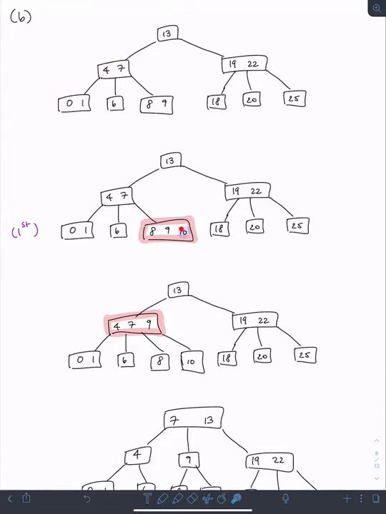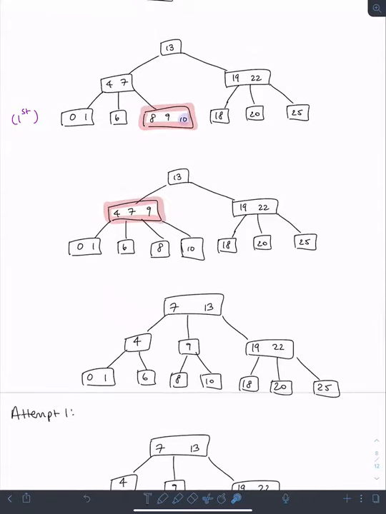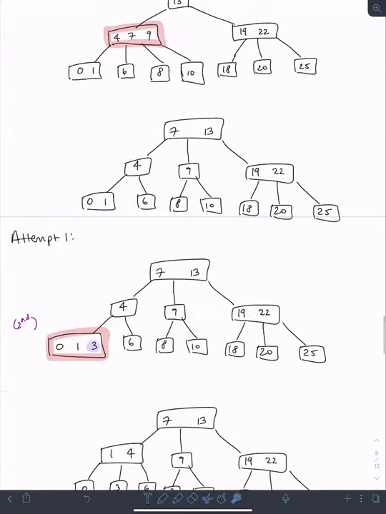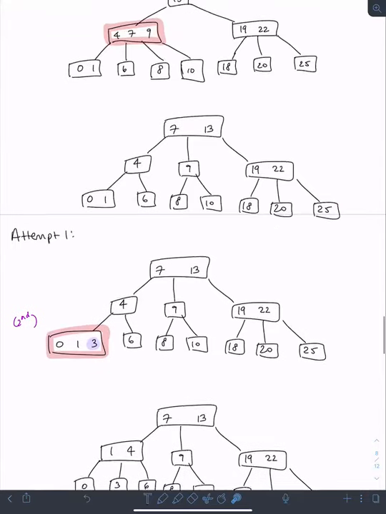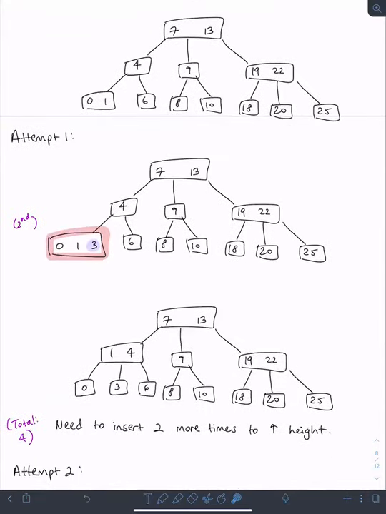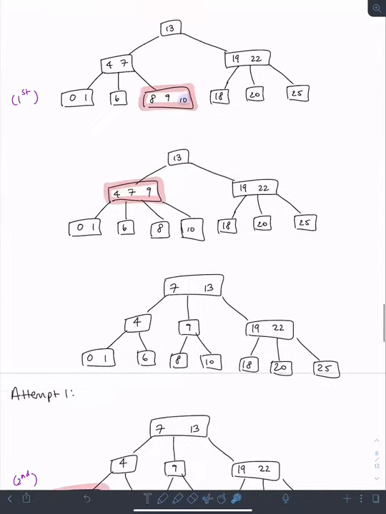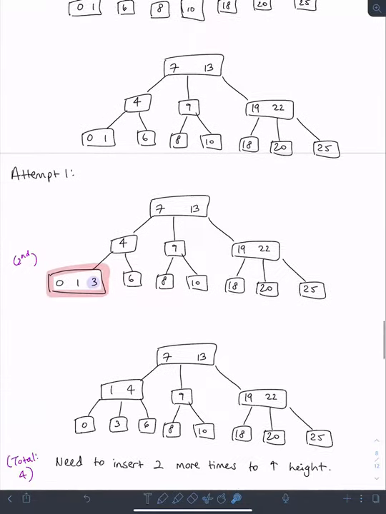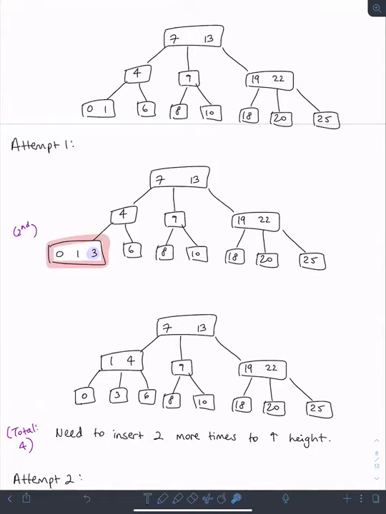So I know that if I insert something here, it's going to get pushed up to a 3 key node, which is going to get pushed up to the root, and now the root is at maximum capacity, right? So the next time that something gets pushed up to the root, I'm now going to increase my height. So here's attempt 1. Okay, so now I'm considering where I need to insert my next element. Well, just like the same logic here, right? This looks pretty promising to me because